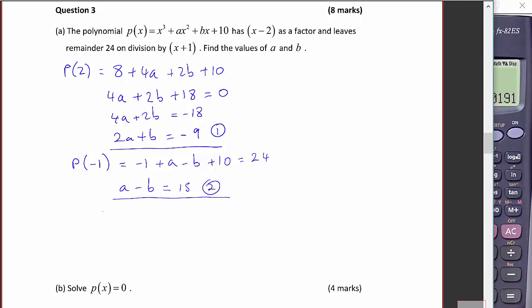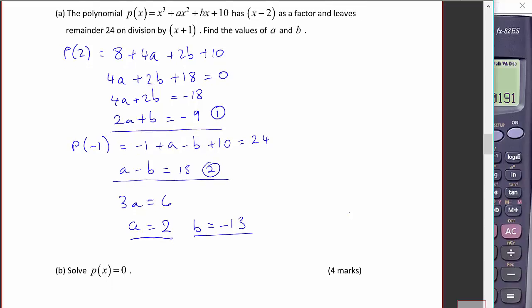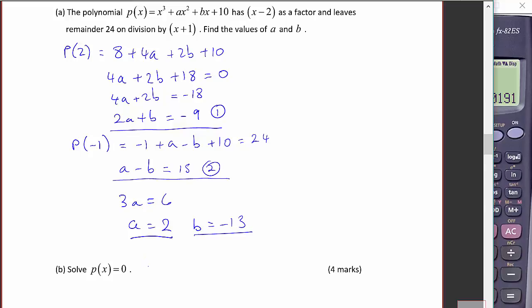So if we add these, we get 3a equals 6, and therefore a is 2. And if a is 2, that means that b must be negative 13. So we now have that p of x is x cubed plus 2x squared minus 13x